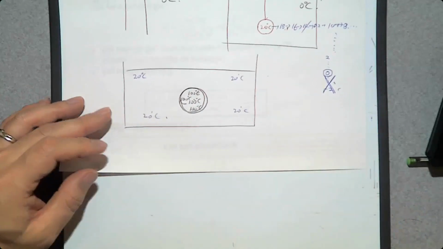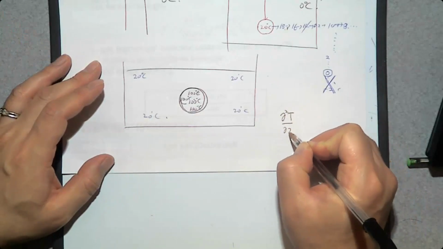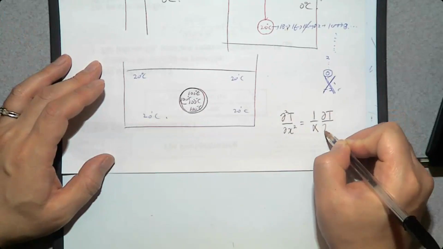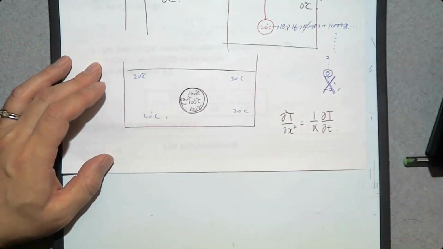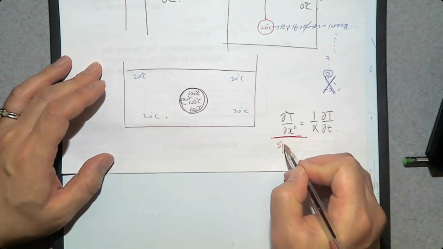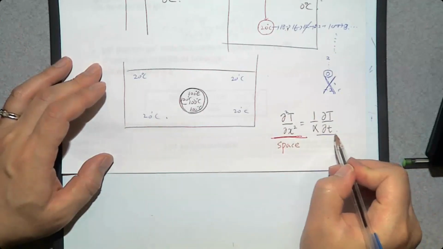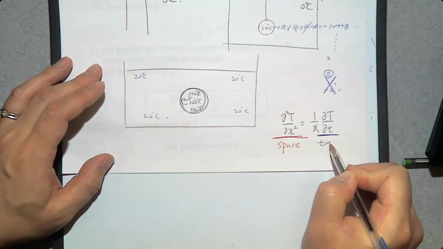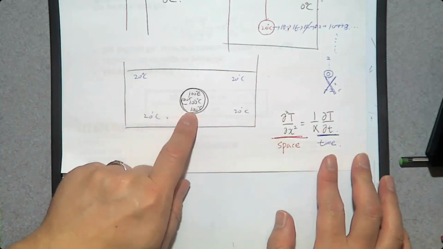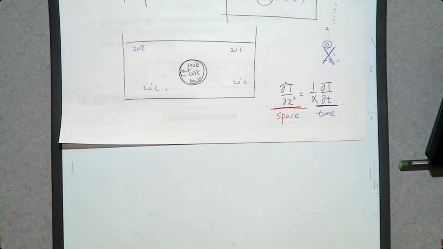Then, what is the heat equation? Partial T squared over partial x squared is equal to 1 over alpha, partial temperature over partial time. What is the left-hand side? I told you that this is the second order differential equation in space. And what is the right-hand side? It is a time-dependent term, right? Then, what does it mean in this problem for space? What happens in this problem is going to be,